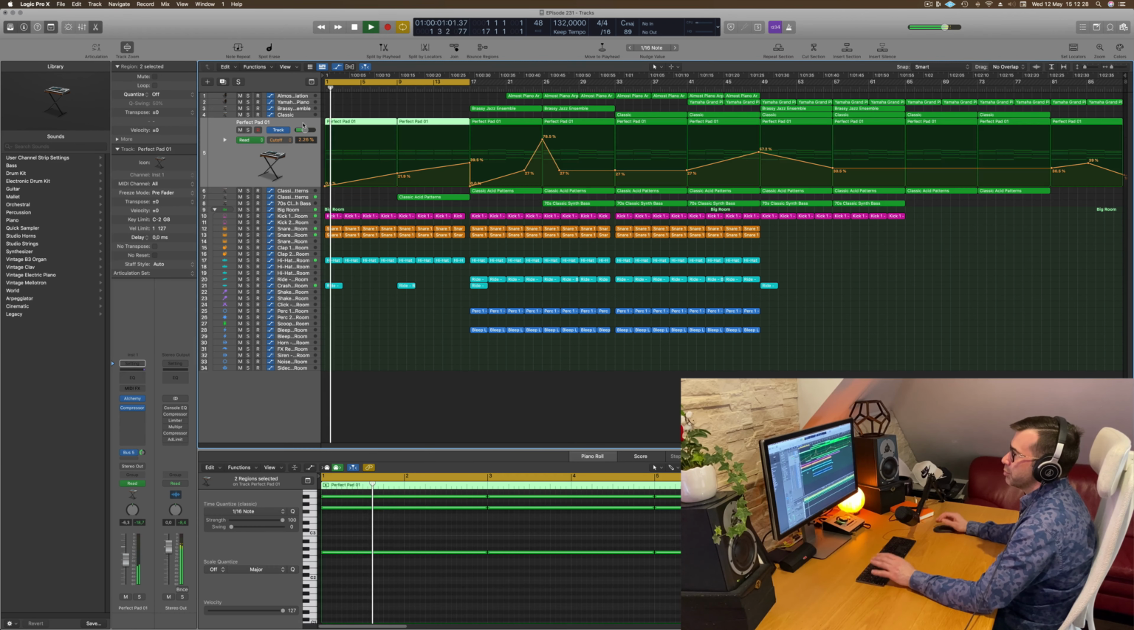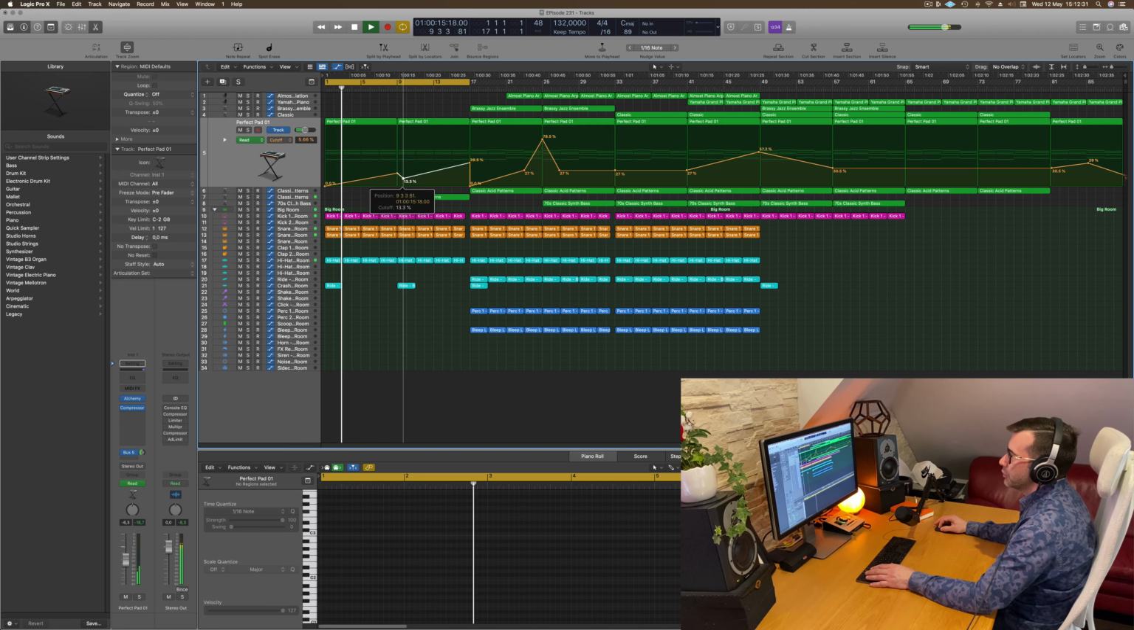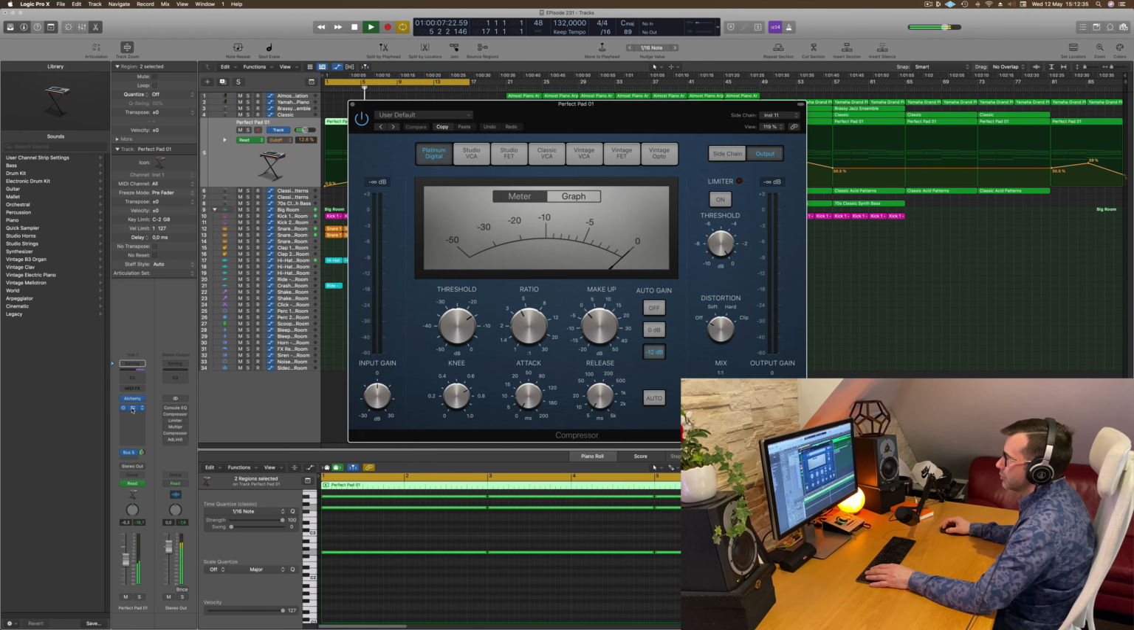I'm gonna check this pad again here. I think it's going a bit too high. I'm gonna keep it in the back. The compressor doesn't seem to be... I don't really want to feel